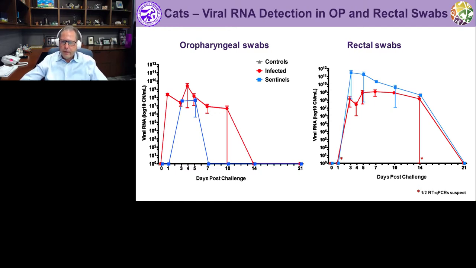The story is different when we look at the rectal swabs, and these are animals 4.5 to 5 months old. We see very nice shedding already on day 3 post-inoculation in the principal animals, a little later than with the nasal and oropharyngeal swabs, maintained up to day 14, longer than with the other swabs, and then negative on day 21. In our sentinels, we see similar kinetics, even higher genomic copy numbers than in the principal infected animals, but all negative at day 21.